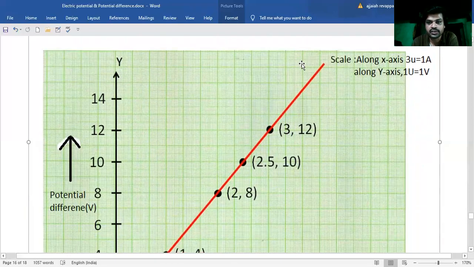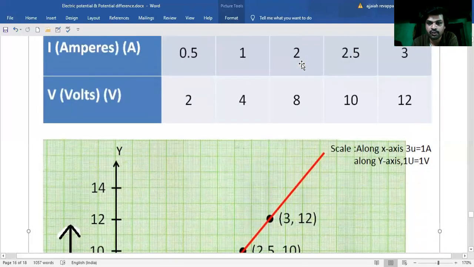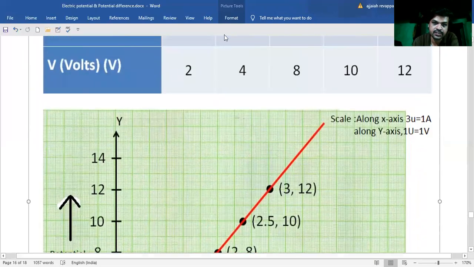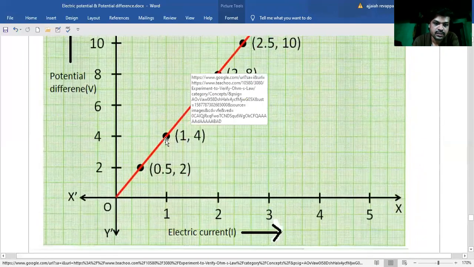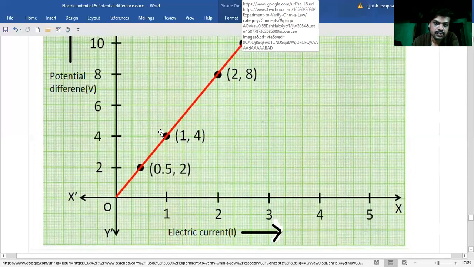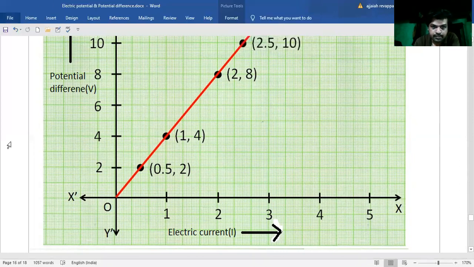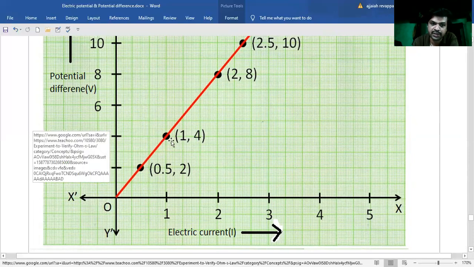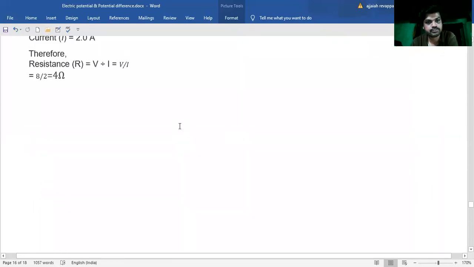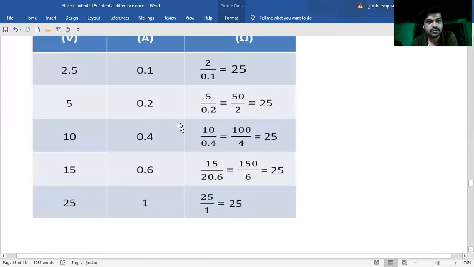Okay, so you know the steps of plotting a graph. First you have to choose an appropriate scale. If you take these values and start plotting, these are the points you are going to get. Students, I will send these slides to you. You can see this graph and verify it afterwards. So finally we'll get a straight line like this. Fine. Next we'll come to the summary.